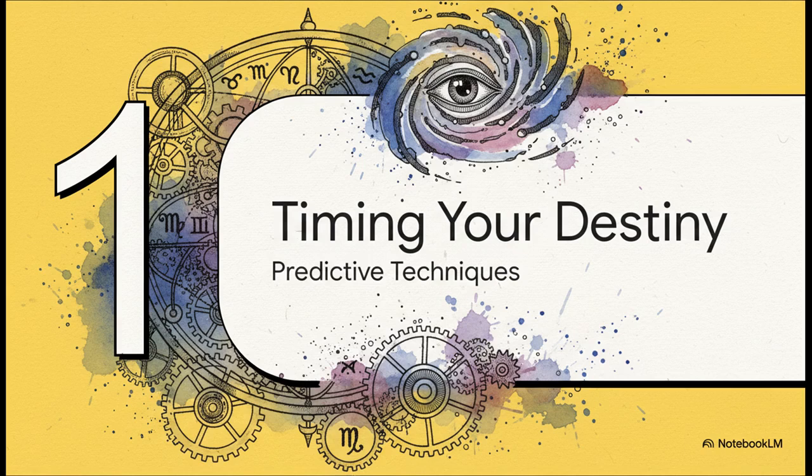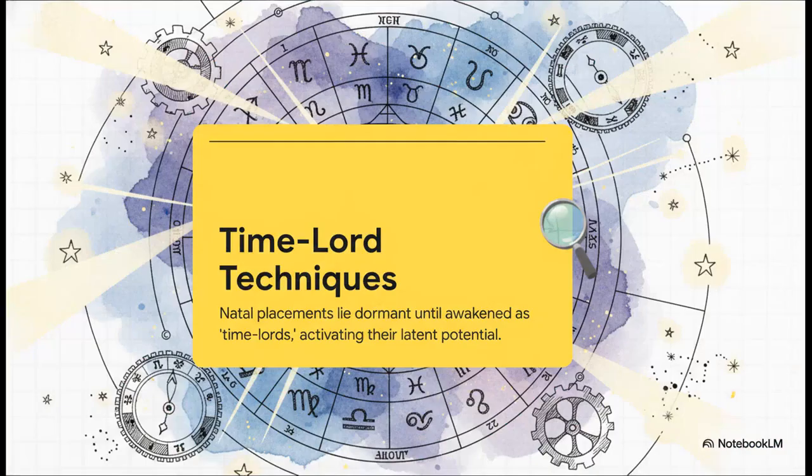Well, it was through the most powerful and most recently rediscovered part of this whole ancient system, its predictive timing techniques. They used these things called Time Lord techniques. The basic idea is that your birth chart is just packed with potential, good stuff, bad stuff, all of it. But not all of it is active at once. These techniques are like a switch. They pinpoint which parts of your chart, and therefore which parts of your life, are switched on during specific years,